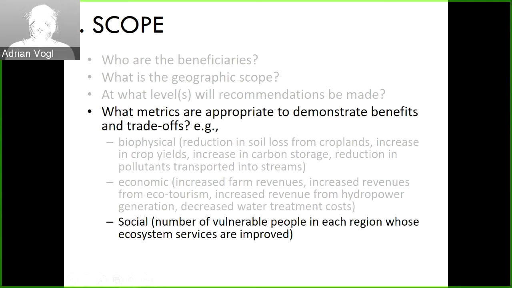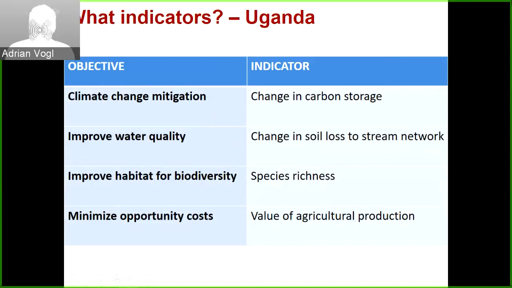And finally, social metrics can also be a really important way to represent the outputs of your assessment. Could be things like the number of vulnerable people in each region whose ecosystem services are improved. And there's a lot of different metrics to consider. And I just wanted to give the idea that it's not always biophysical and it's not always just money either. In the case of Uganda, they did decide to go with biophysical indicators, but these are